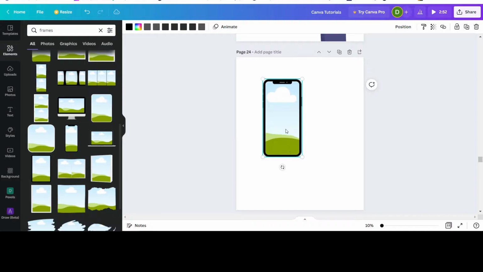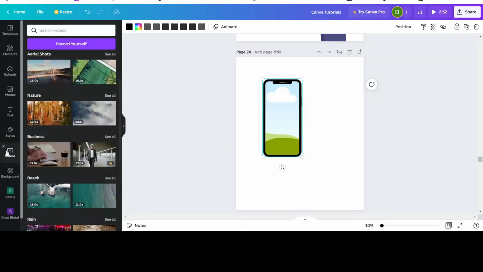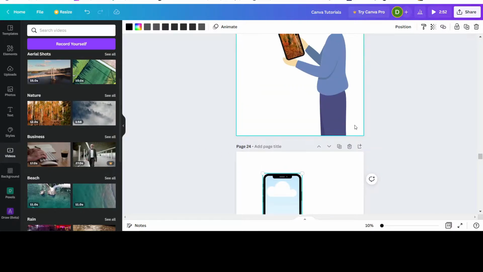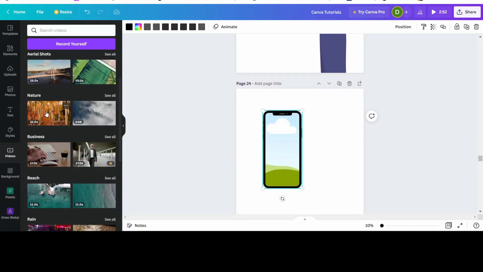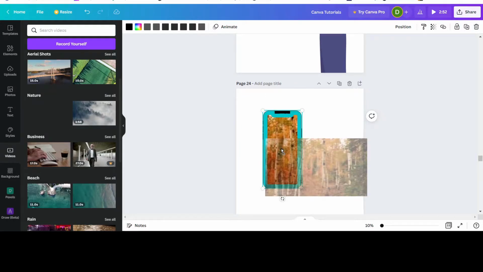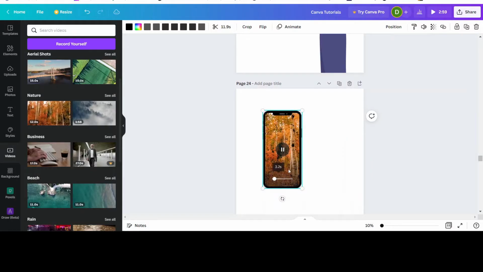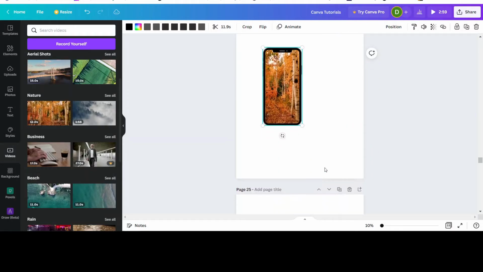Okay, so next what you do is you go to, for example, let's say you want to put in a video there. So you go to your left hand side here, videos, and you choose one of them. Now the one that I've used up here is this one. So what you do is you just click on it, hold it, and you bring it here. And once it fills up, you just let go and it's playing in there. So you can just leave it at that, or